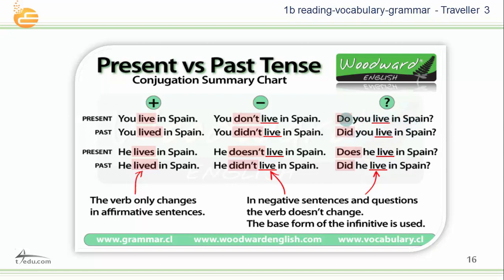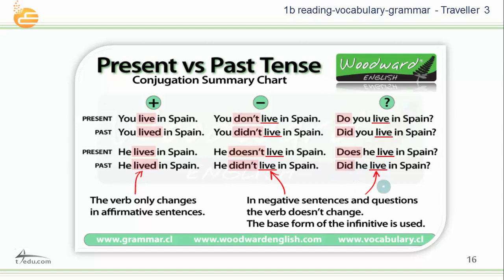But in the past, we don't use do. We use did for both. Did you go? Did she go? Did he go? Did he play? Did we play? Did I play? Did they play? And always after did, either in the question or in the negative, after did, the verb goes